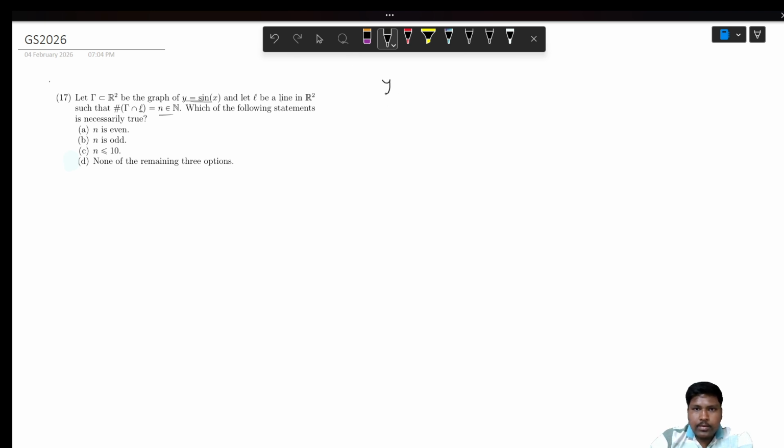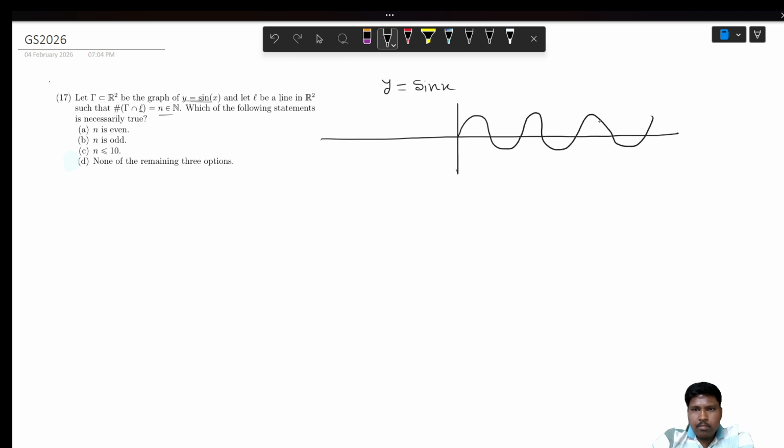So here the first curve is y equals sin x. So first draw y equals sin x. So this is the rough sketch of y equals sin x. Now